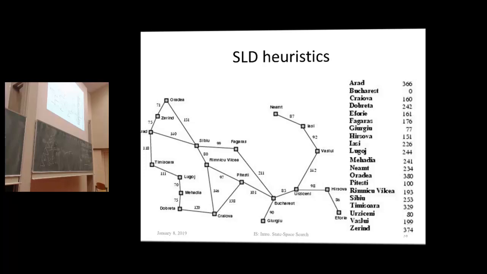Then we would look at Fagaras and Rimnicu Vilcea. Anyway, that would be 193, or Fagaras is up here, 77. So we clearly have Fagaras with 77 as the shortest one. We would go to Fagaras. We only have one to explore, and that's Bucharest. So simply by always looking at the best possible, the closest one according to the beeline distance, we would find a relatively good, cheap way of getting from Arad to Bucharest.